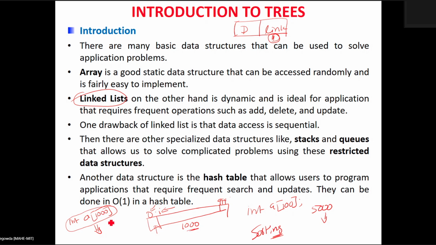You cannot predict how much memory space is required during runtime. But approximately you declare the array size, so that the created array will be used during runtime. You may be fully utilizing all the memory locations, or you may be using only a few locations. But in the case of a linked list, because of dynamic memory allocation, we can avoid the wastage of memory, which was the case in arrays.